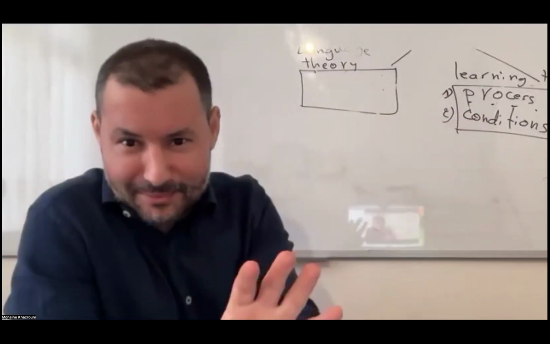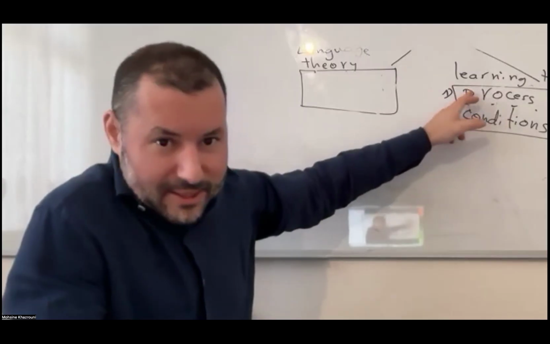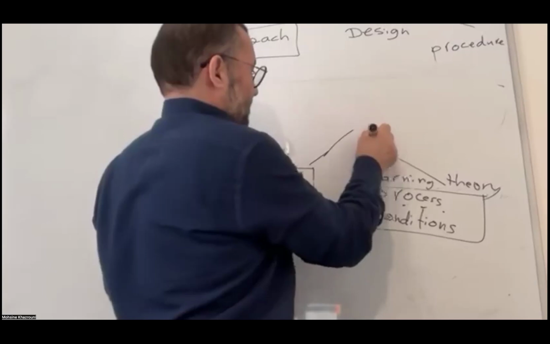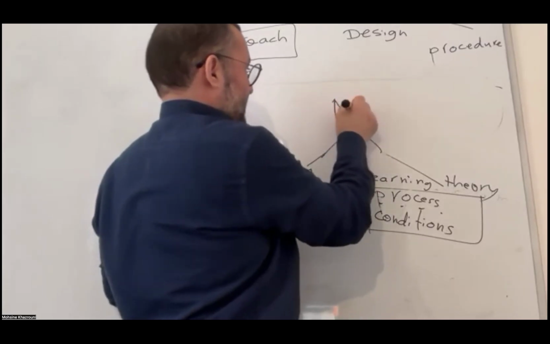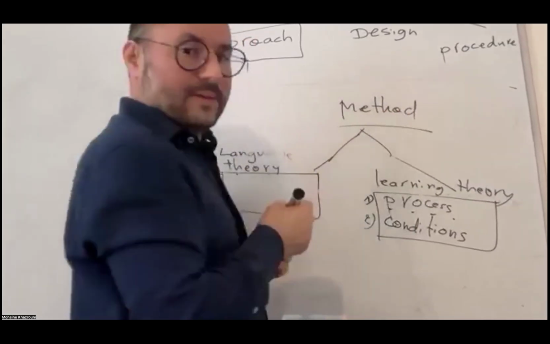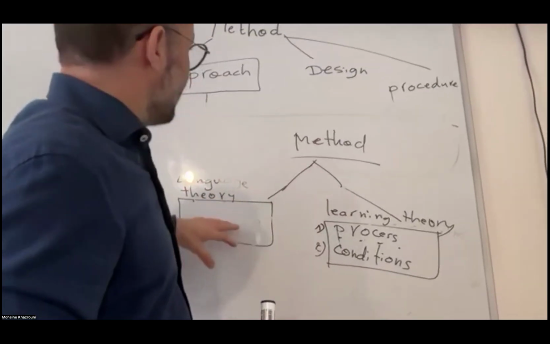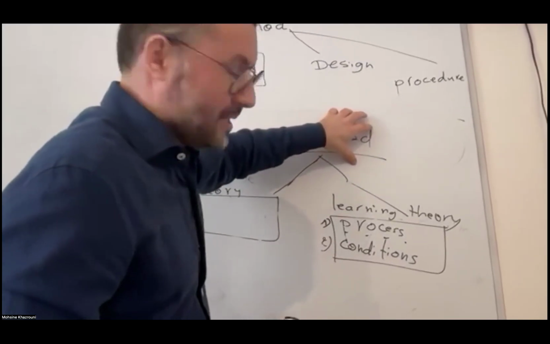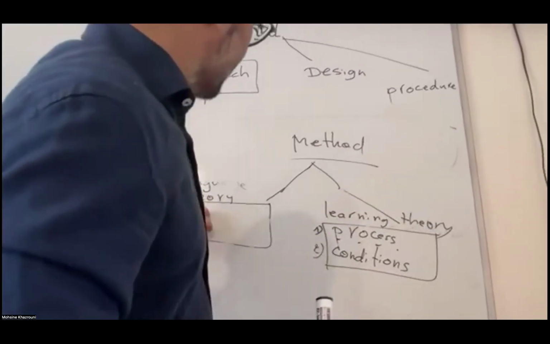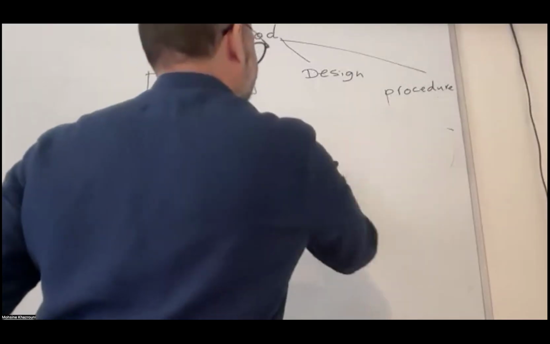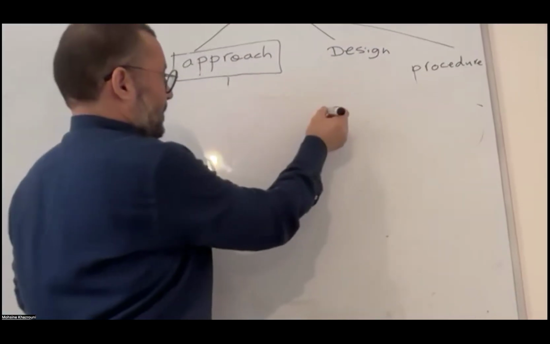So to put it simply, learning theory has to do with process, and number two has to do with conditions. Together, both of them give rise to method. Is it clear so far? So if we talk about audiolingual method, for example, now can we apply this to